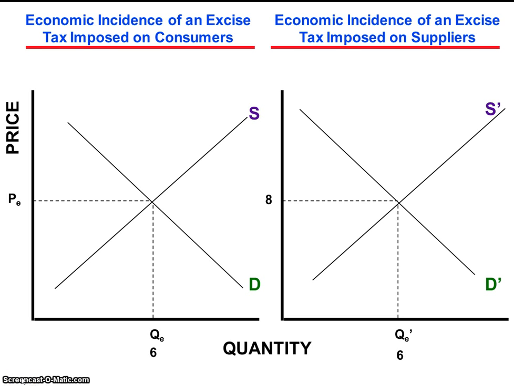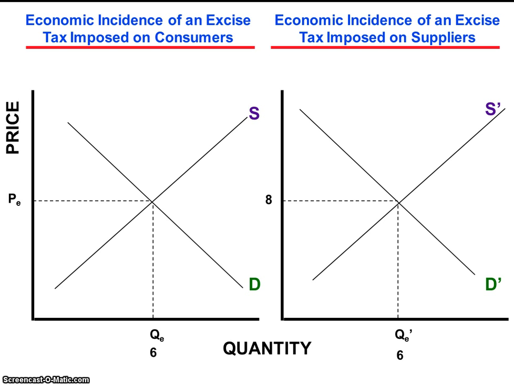We established in the previous two segments a basic theoretical point. In terms of the economic effects of an excise tax, it really doesn't matter whether government imposes the legal responsibility of remitting tax revenues to government on the demand side or on the supply side of the market. To see this clearly, let's examine the effects of both alternatives simultaneously.